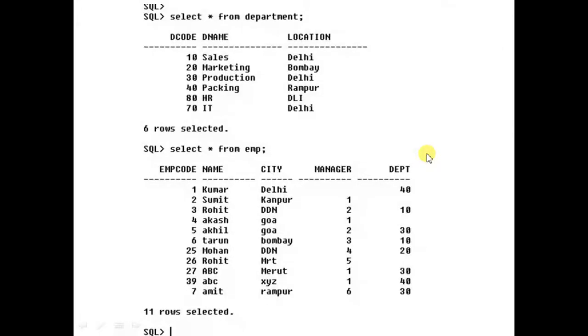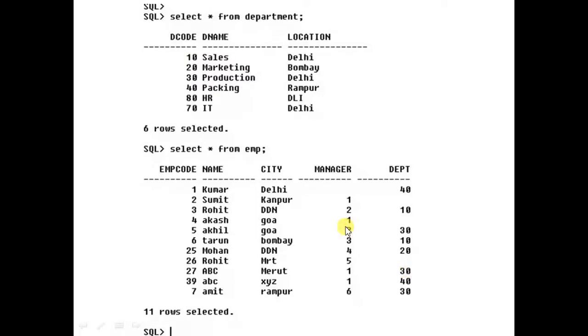So the final two tables are like this: the department table having D code as primary key, and the employee table having employee code as primary key. In order to link them, I have deliberately not taken the spelling as D code. I have taken the spelling as DPT. Although you can take D code, I have taken it as DPT. So this DPT is the foreign key of D code. So here only those codes can come which are present in this particular column.